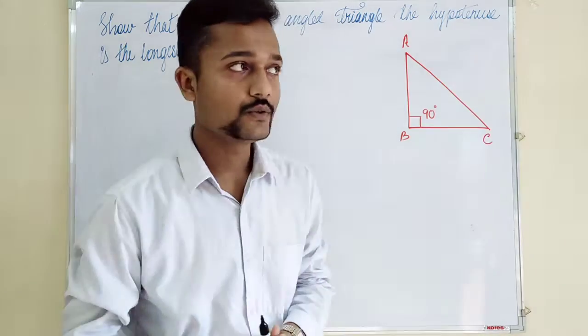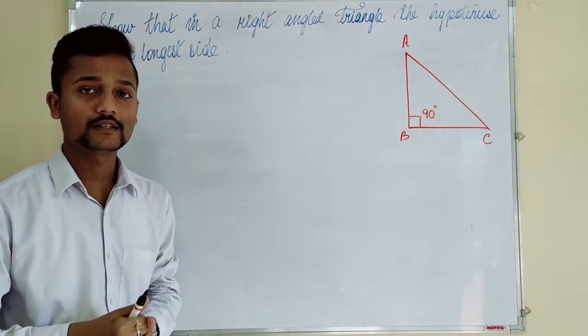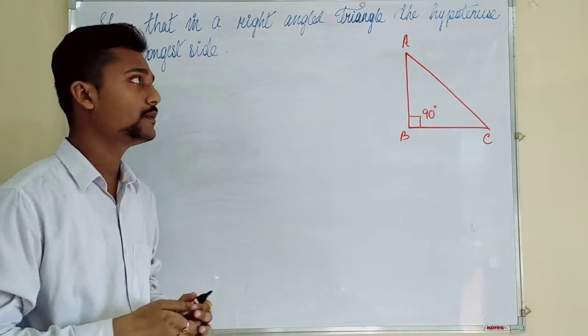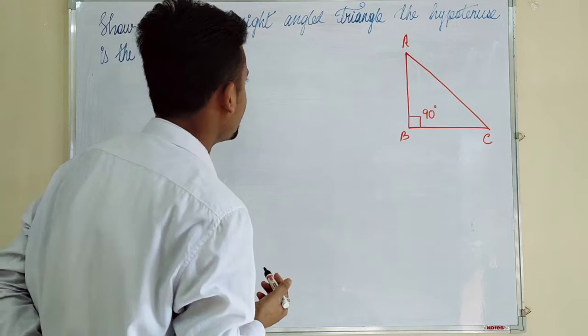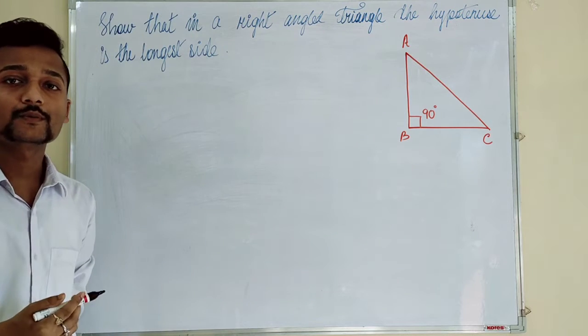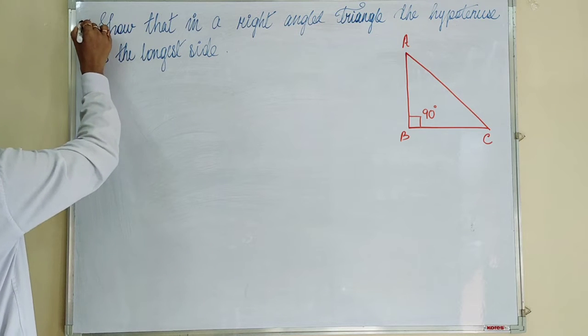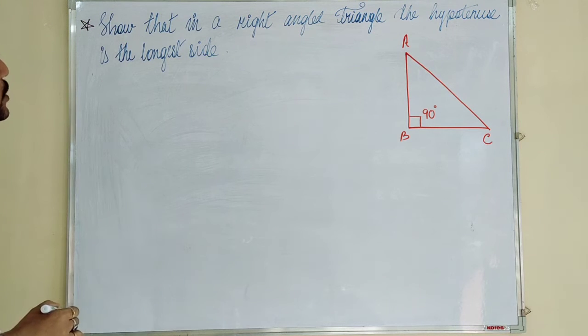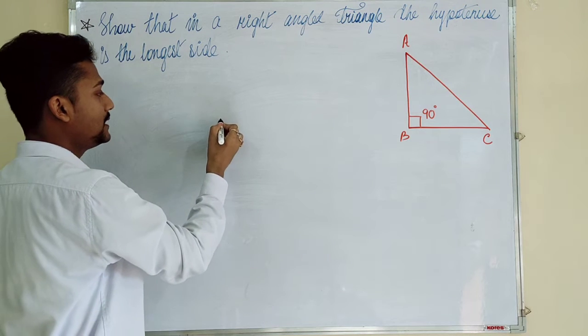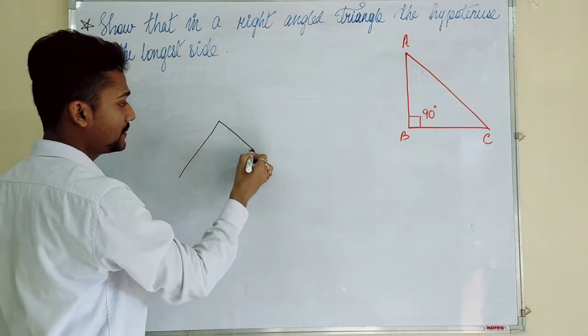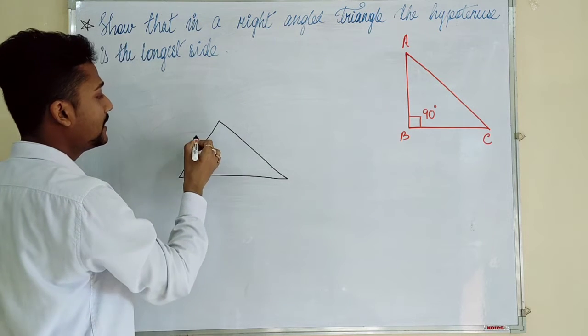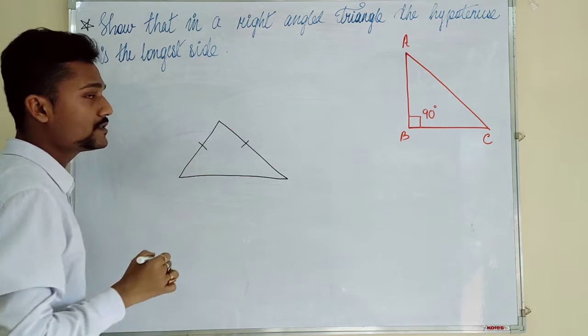In our last video we did the chapter triangle, and today we will continue with the same chapter. But today we are going to start with exercise 7.4. The first question given is: show that in a right angle triangle the hypotenuse is the longest side. Now one thing I just want to recapitulate is that if this is an isosceles triangle,